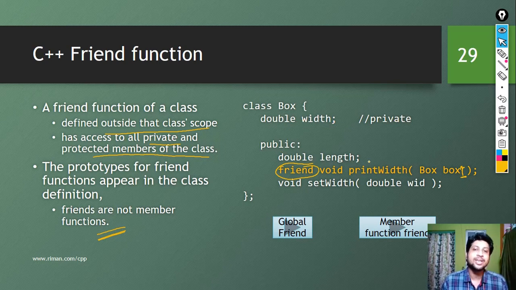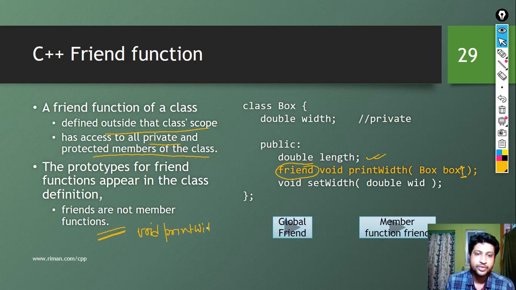And in the public section we have another data member, the double length. And then we have a friend function, void print width. It will try to print the width, which is a private member, and not being a member function, it can actually access the private member. So how can we define this particular friend function? We can define it as void